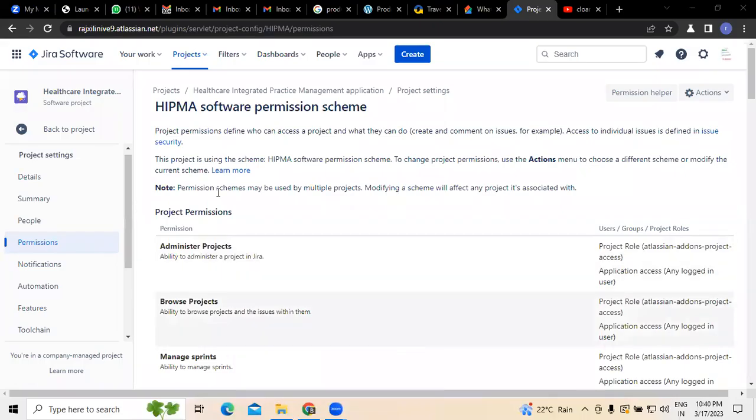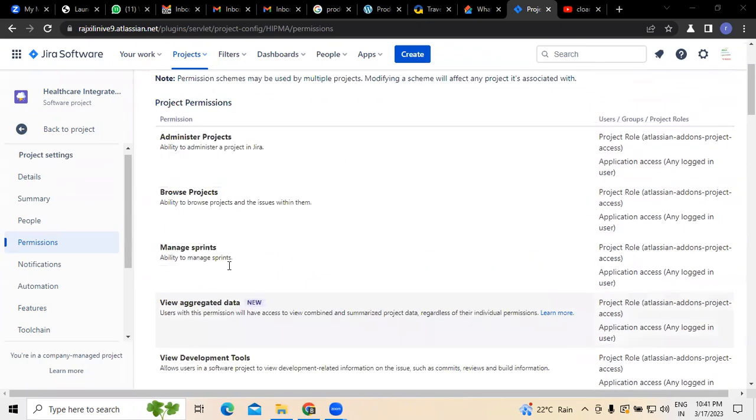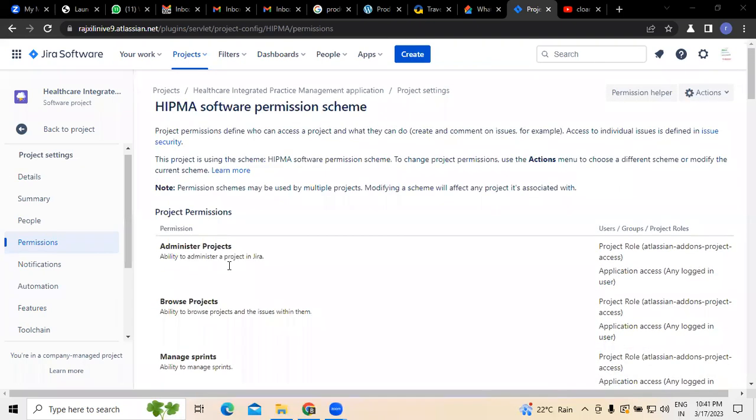Right. Today we are going to discuss the permission schema, in reference to the JIRA administration. In JIRA administration, permission schemas are essentially important, where we need to provide permissions for everything, whether you want to administer the projects, browse the projects, or manage sprints. These are the permissions which we have to provide. In today's video, we are going to discuss how these project permissions should be changed